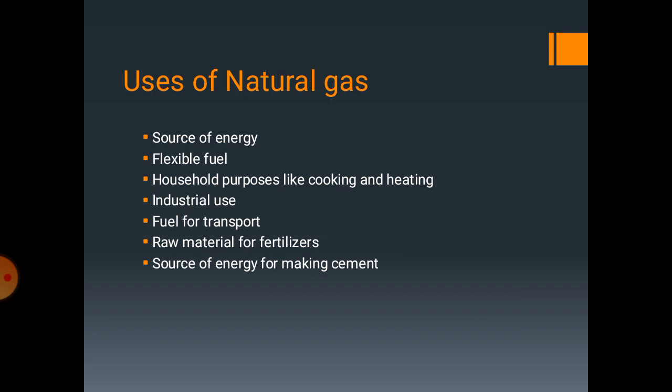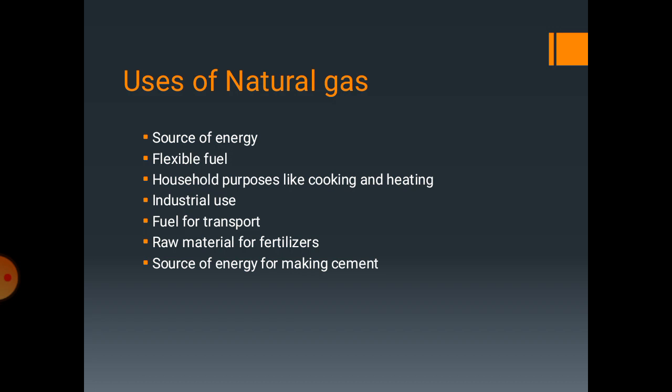Another important use of natural gas is as an industrial raw material, especially for making fertilizers. The fertilizer industry is very important for Pakistan, because Pakistan is an agricultural country, and it needs fertilizers to maintain the fertility of its land, not only to grow crops to feed its people, but also to improve the quantity of its exports, that is generally the agricultural products. That's why natural gas is very important for Pakistan for making